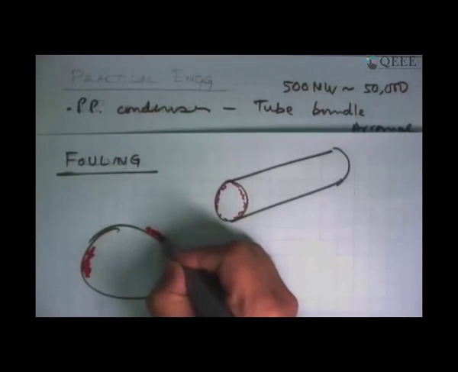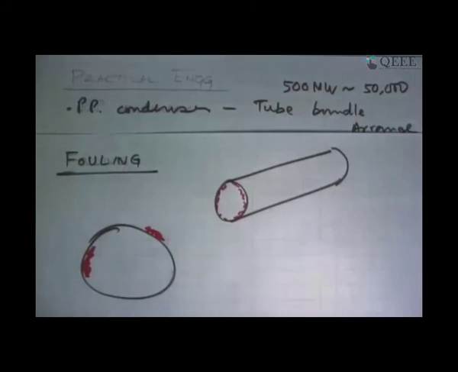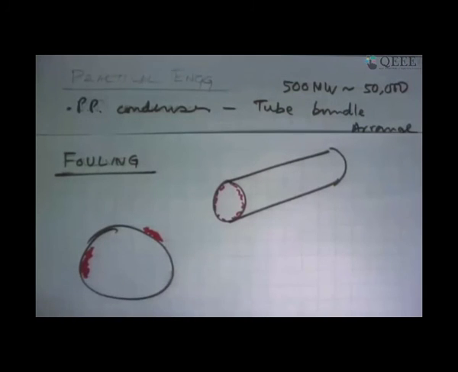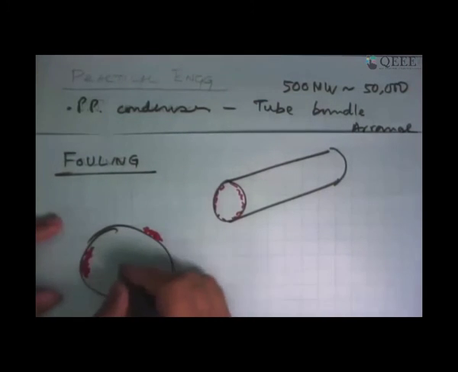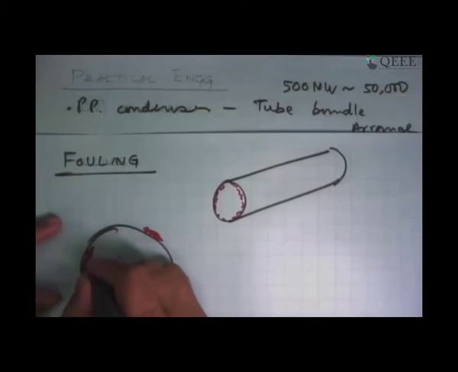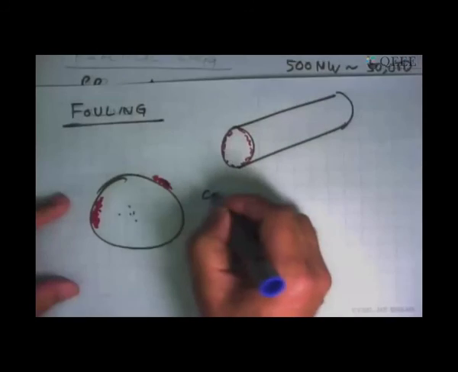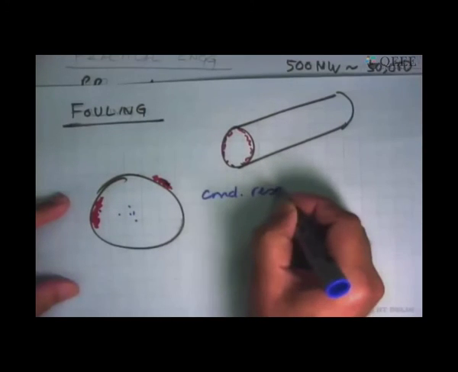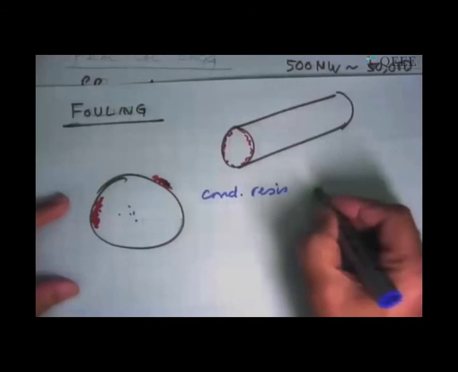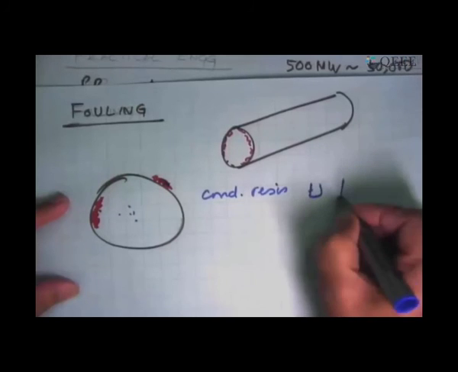So what this fouling did, inside where you had water flow, say in the condenser, you had water here. This water now was in contact with the fouling material and not with the tube material. This acts like a conduction resistance. On the outside also this acts like a conduction resistance. And because of that, your overall heat transfer coefficient goes down.